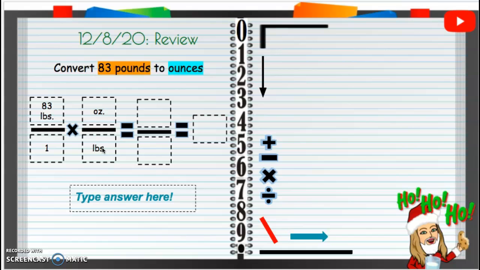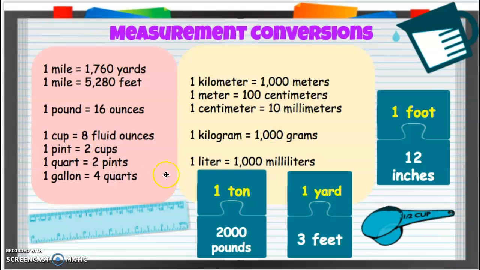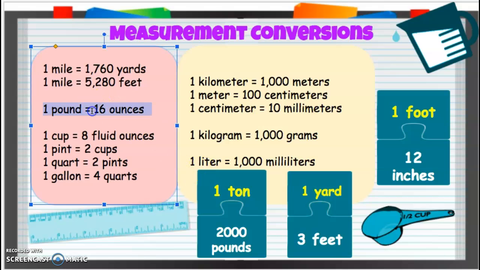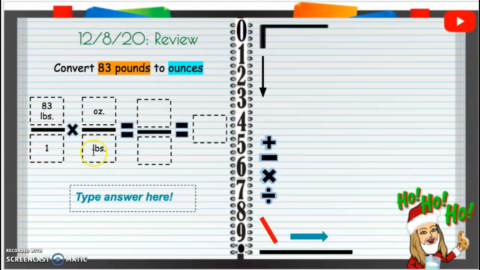So now we're going to take a look between pounds and ounces. Let's see. Do we have any pounds? Ooh, 1 pound equals 16 ounces. So I'm going to have 1 pound, or LB, equals 16 ounces, 16 OZ. So now we do get rid of those pounds because the pounds divided by pounds equals